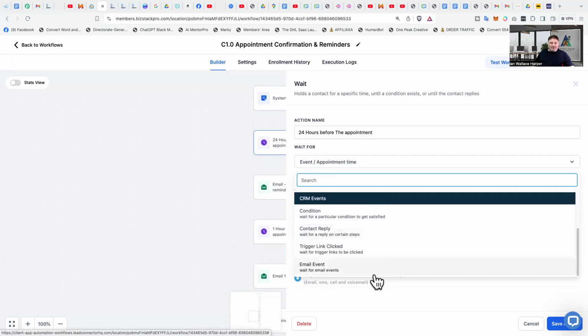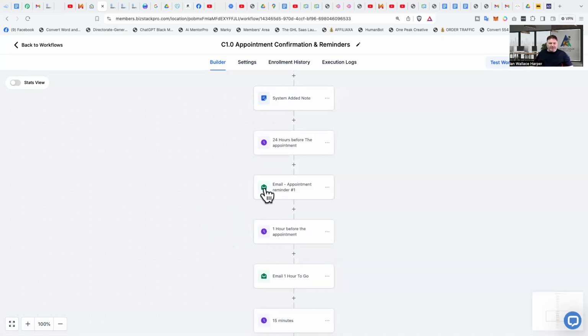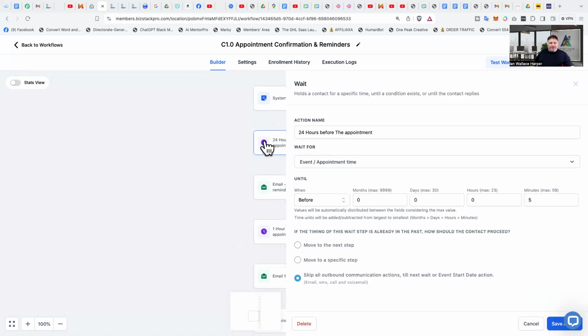Email event or appointment event. Event appointment time, which is this one. You can have delay or overdue or whatever. But we're going to wait 24 hours before the appointment, which is that one. Oops, sorry, I've dropped it off again. And then we're going to put 24 hours before, which is